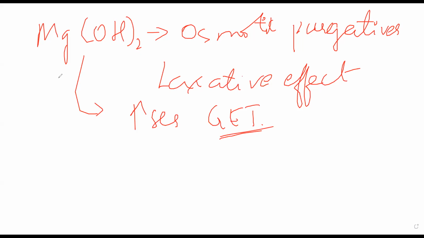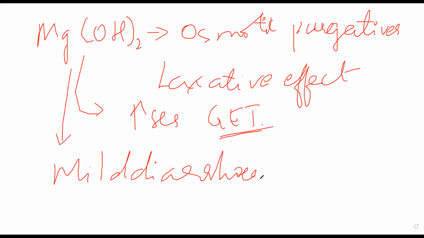This magnesium hydroxide directly reacts with hydrochloric acid and inhibits the function of hydrochloric acid. It will neutralize hydrochloric acid. Now the antacid dose that you give of this might cause mild diarrhea. Okay, and prolonged usage might cause hypermagnesemia. If you use it for a very long period of time, magnesium ions will start accumulating inside your body, and it can cause hypermagnesemia. Okay, increased amount of magnesium in your body.